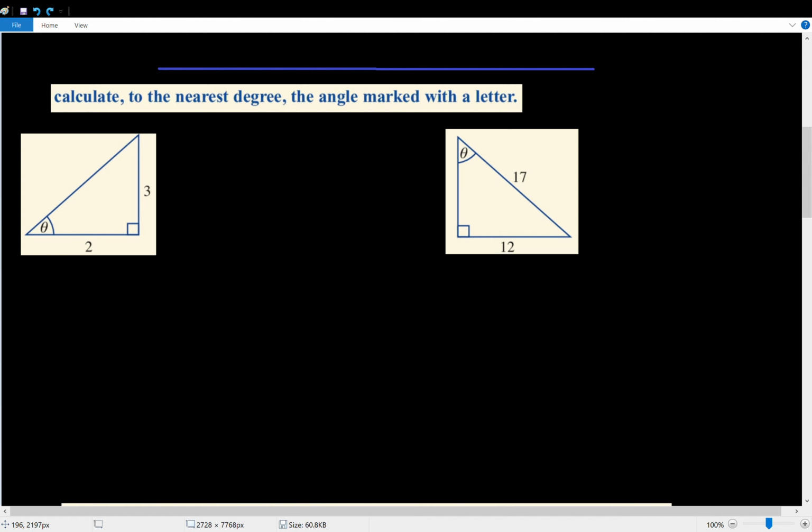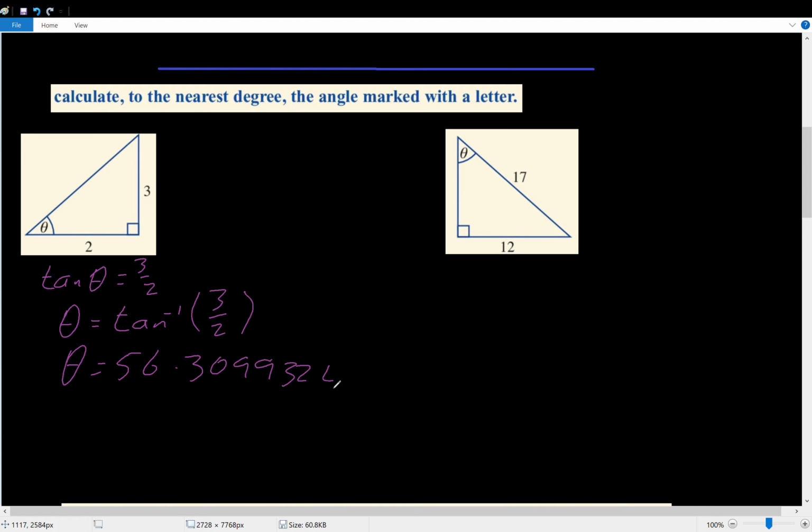Now the trigonometric ratio that uses opposite and adjacent is tan, which means that the tan of theta is equal to opposite over adjacent, which is 3/2, which means theta is equal to tan inverse of 3/2, which means that theta is equal to 56.30993247, but we're going to get that to the nearest degree, so theta is approximately equal to 56 degrees for